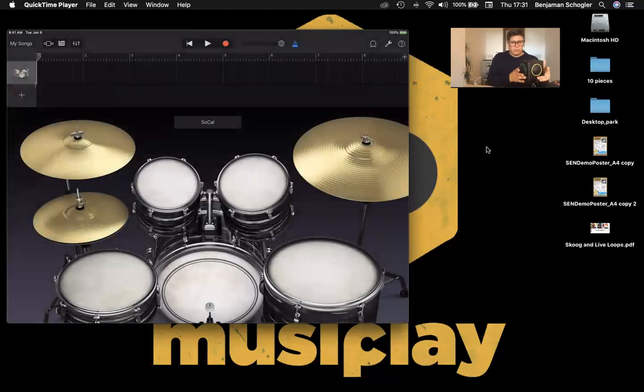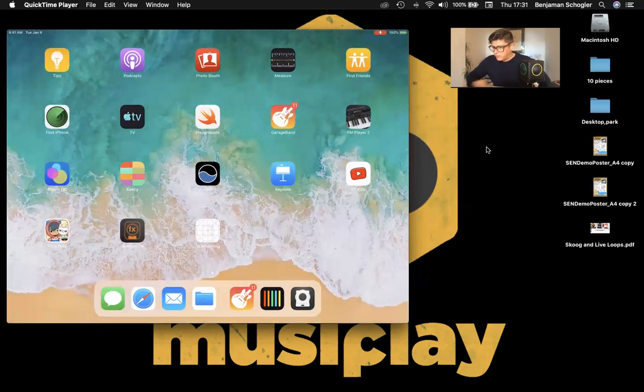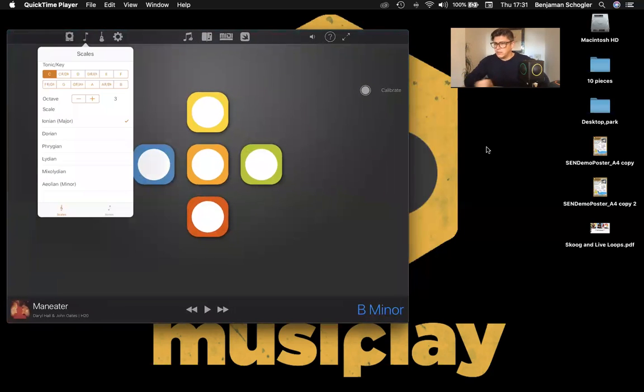Now, at the moment, you can see I'm touching my Skoog and I'm not getting any playback in my headphones. There's nothing happening there. And that's because when you play percussion on MIDI, if you imagine a keyboard, the sounds are set lower down on the keyboard at a lower octave. So in order to play the drum sounds, you just need to have the right notes assigned on the Skoog. And we do that in the Skoog app. So let's go back here, go to the Skoog app, go to notes, and you can see here we're in octave 3. If I drop that down to 1,